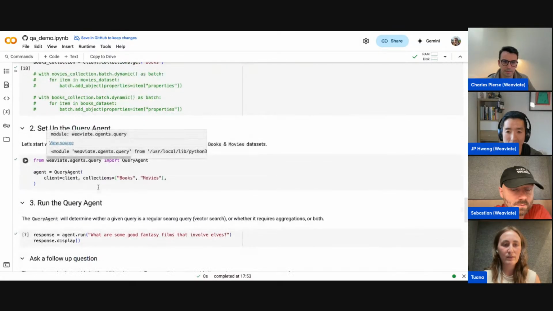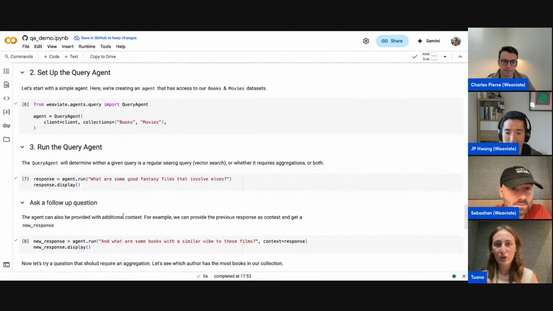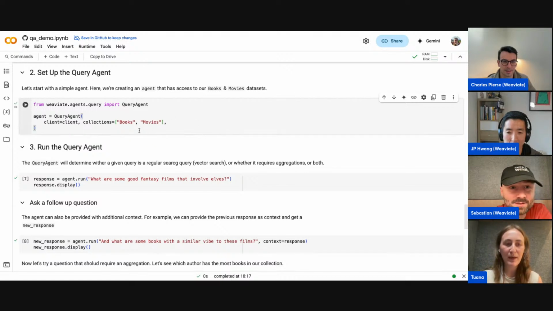All right, but now let's start building our agent, and this is where you wish me luck. If this doesn't work, I also have a Colab where all of the code has been already run, so you can look at the results. But I think it's been going well today, so hopefully this runs all right. So we're creating a query agent, and what we're doing is we're basically telling the agent which collections it has access to. Our client may have access to multiple collections, but we can also decide to give access to specific ones. So here I'm saying you have access to the books and movies collections.